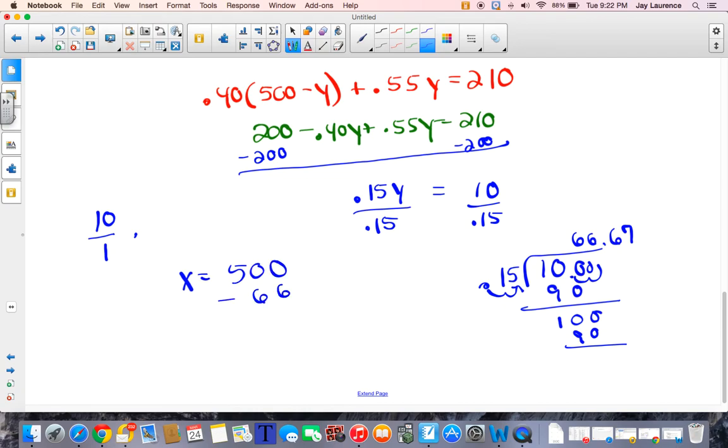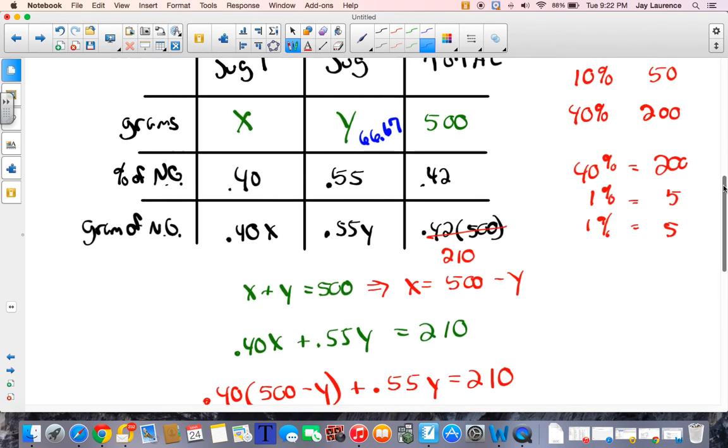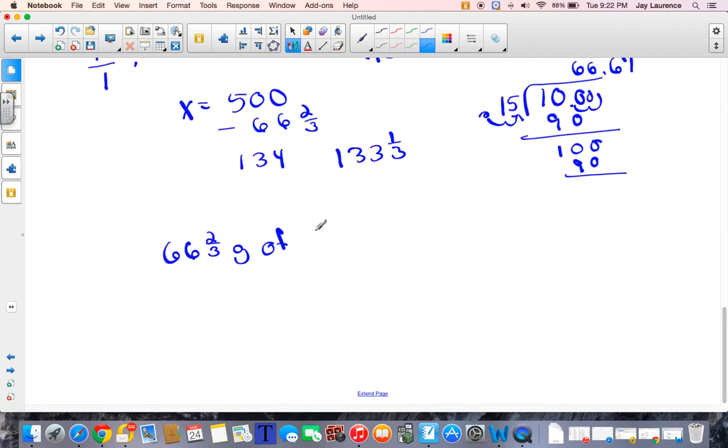minus 66 2/3. Well, 500 minus 66 will be what, 434? But then take away another 2/3 and I'm going to get 433 and 1/3, right? Yeah, there we go. So that should be our two answers. So we need 66 2/3 grams of, what percentage was it? 55%? 55% nitroglycerin,